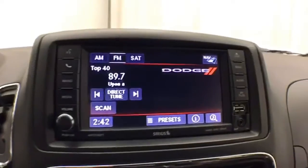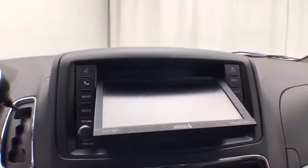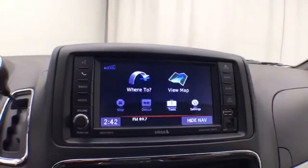large touchscreen infotainment system for radio. It's also satellite radio capable. This radio also has a 28 gig hard drive. Simply put a CD in, burn it to your hard drive, never have to carry it along again. You can also upload through the USB connection. Very easy to manage your music from there. Navigation,